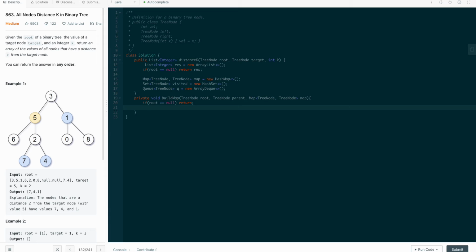And then what we can do is put into our map, so we'll have map put. So we'll put our root. For example, if we're at 5, we're gonna put our root and our parent, which we're gonna get from the recursive call. Root and parent. And now we can call this recursive function again, build map, and we're gonna call it on